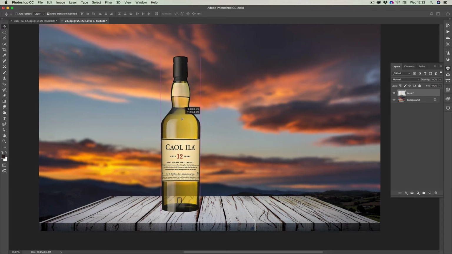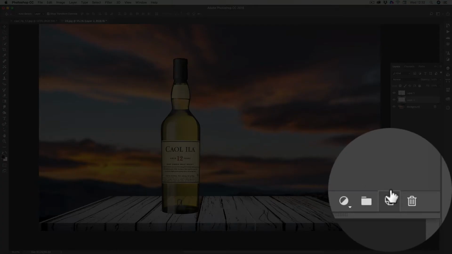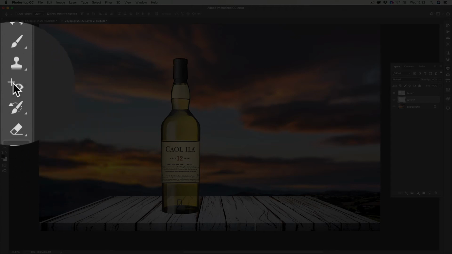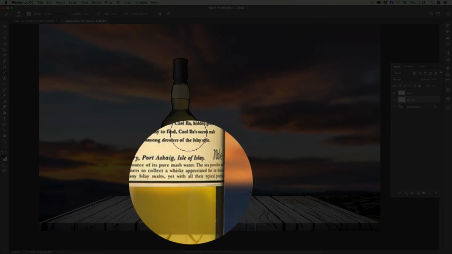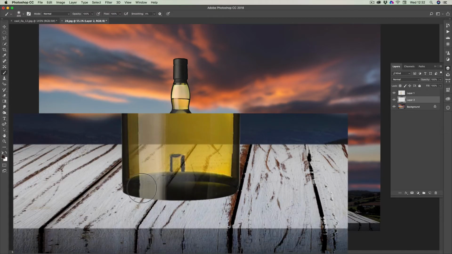Now probably all I would do with this now is to click on the background layer, create a new layer, so a totally new layer, and just get black and use a brush, and I would just probably paint a bit of a shadow on the edge of this. So remember, we're underneath, we're using a soft brush. So nothing over the top, it just needs to be something like that. It just makes it a little bit more